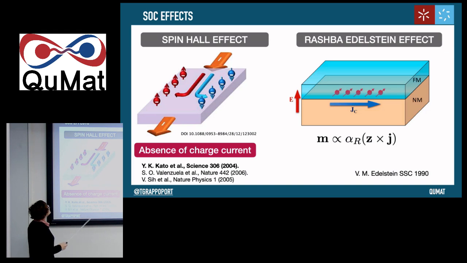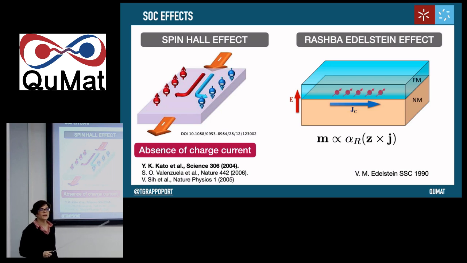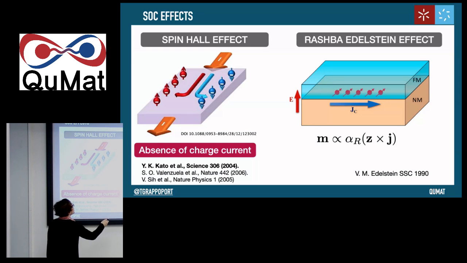So also in the line of these electrically induced effects, we also have the Rashba-Edelstein effect. In that case, in materials where you have a broken inversion symmetry, due, for example, to an interface, if I apply an electric field, we have a current passing through the system. There is an imbalance between spin up and spin down states at the non-equilibrium Fermi surface that gives rise to a magnetization at the surface, which is perpendicular to the charge current. This is the Rashba-Edelstein effect.